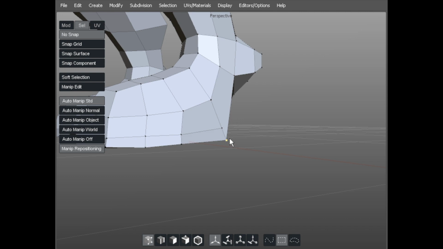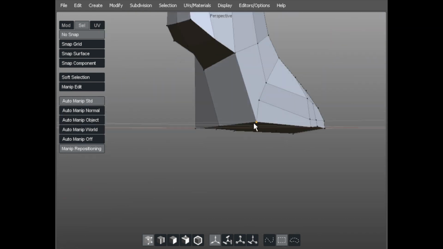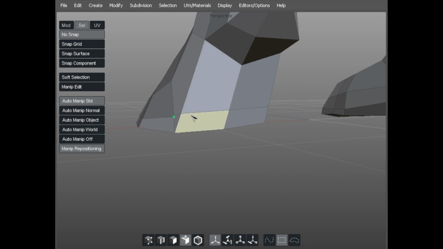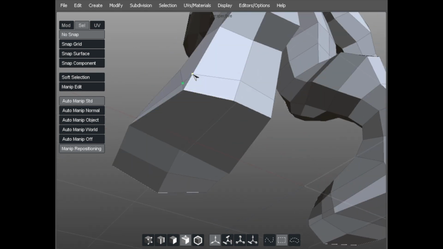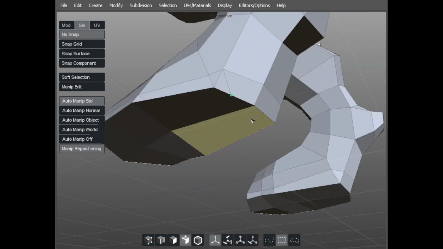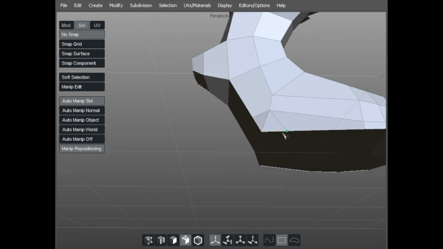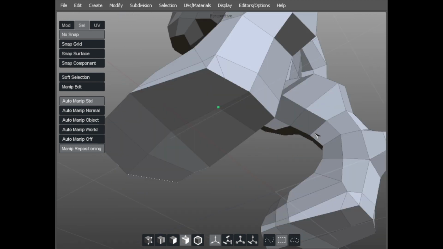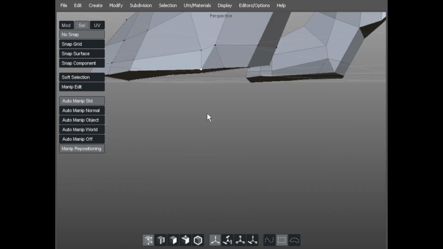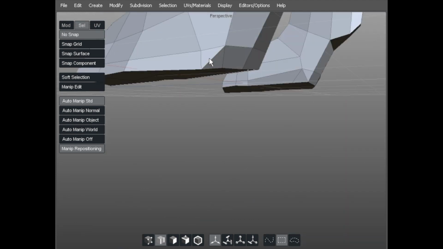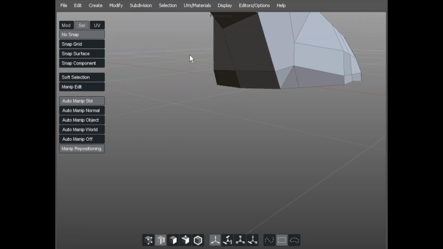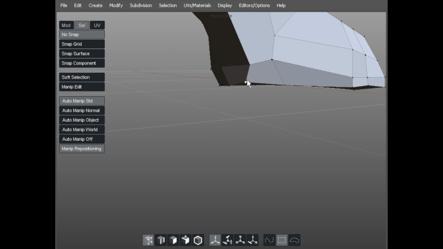Just even it off a little bit. And then I'm going to split by hand along here. And if I come back along here, follow that through there, come along here, through the back, like so, and just see where that takes us. So we've now got to get rid of that edge there, gives us the flow right the way around, and get rid of that edge there, gives us the flow right the way around,